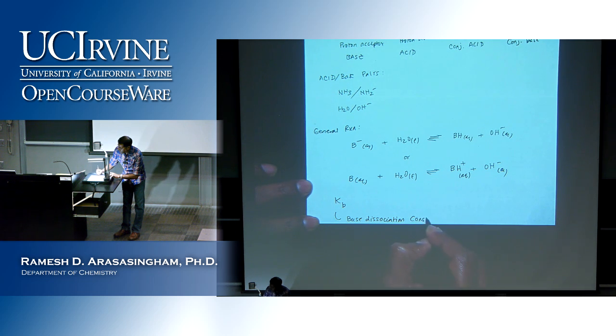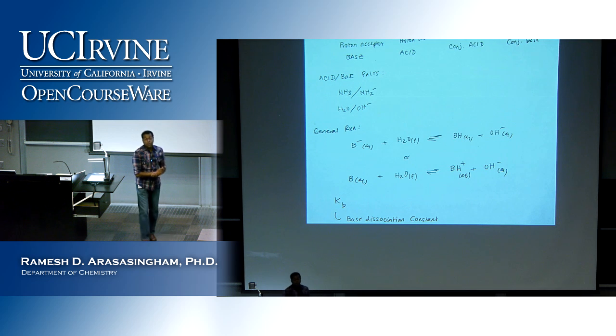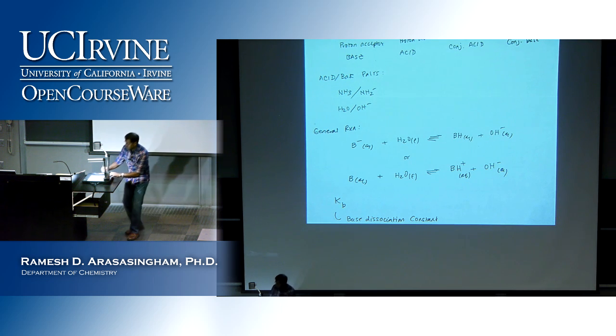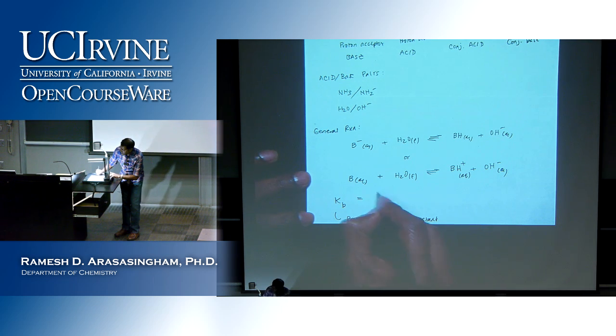We call this the base dissociation constant, and it would be products over reactants. So that would be the concentration of BH plus times the concentration of hydroxide,